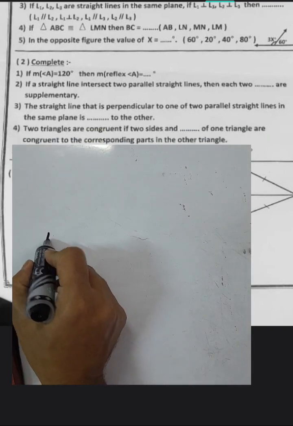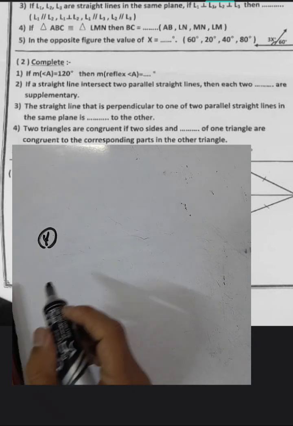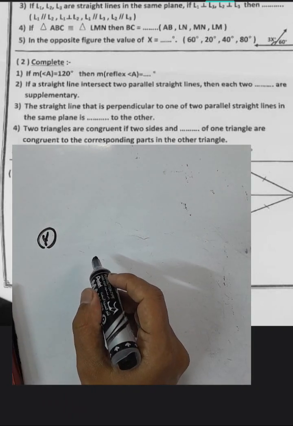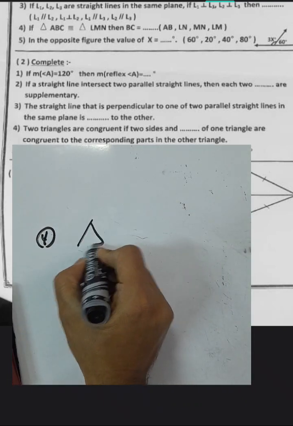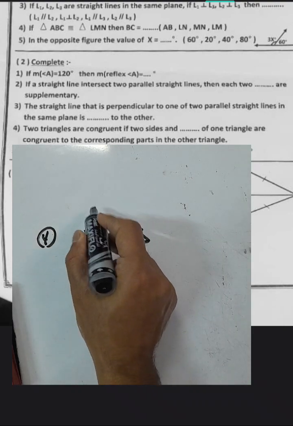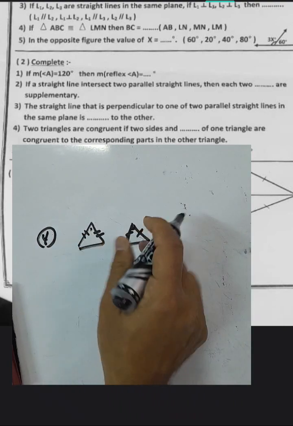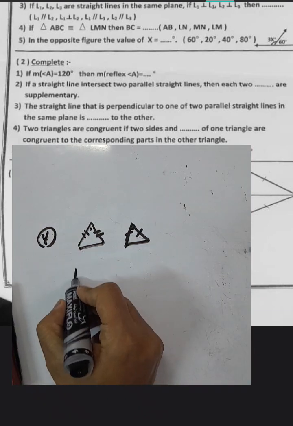Question number 4. Two triangles are congruent if two sides and the included angle of one triangle are congruent to the corresponding parts of the other triangle. Okay, we have two triangles here. Two triangles will be congruent if two sides and the included angle between them